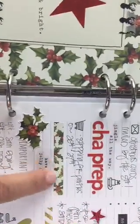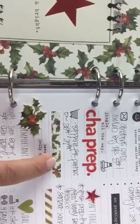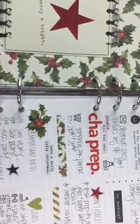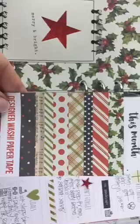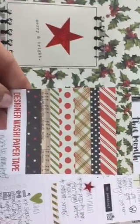This little guy right here, these are washi paper tape strips. Different than washi tape. So you guys are very familiar with the washi tape that comes on the rolls that are kind of semi-transparent, right? So these are called washi paper tape, and you may have seen those online or in your local scrapbook store. They are fun little,